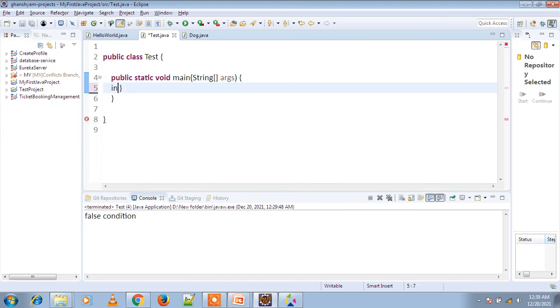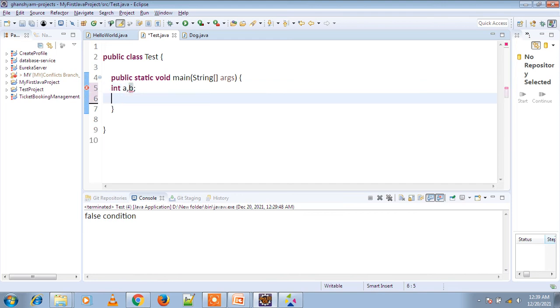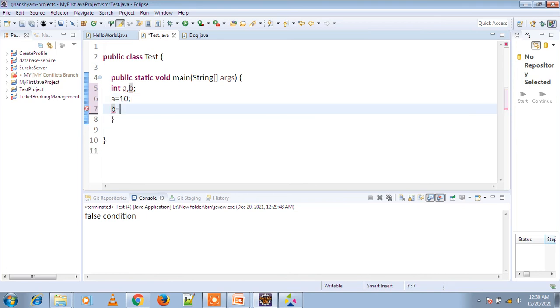Okay, here we are defining two variables, int a, b. a equal to 10 and b equal to, if a equal to 1, then 20, otherwise 30.